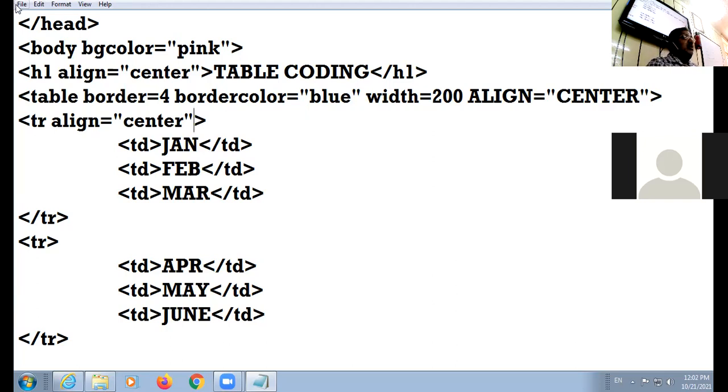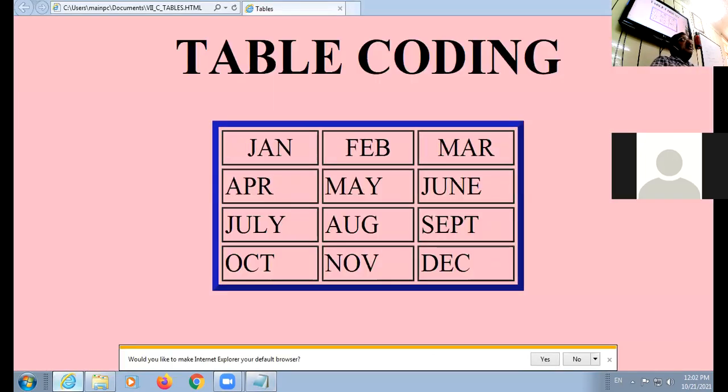अब ये देखना क्या होता है. मैं सेव कर रहा हूं, मैंने रिफ्रेश किया, जनवरी फरवरी मार्च देखो सेंटर में आ गए. यहां पे मैंने जो चीज बतानी है, वो चीज ये है 7C, that align attribute is in table tag also, it is in tr tag also.